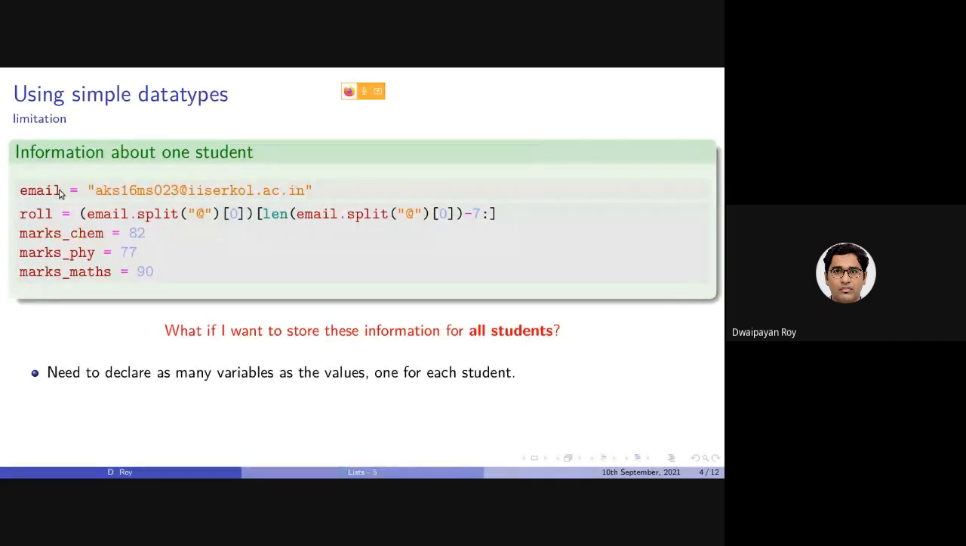email_1, email_2 up to email_100, roll_1, roll_2 up to roll_100, marks_chem_1, marks_chem_2 up to 100, and so on. So for 100 students, in this scenario, we need to declare 500 variables. Now, you may imagine how hard it would be to manipulate all of them, and to compute some kind